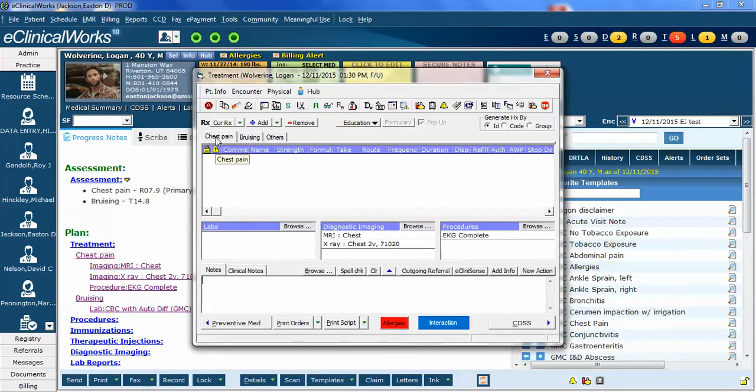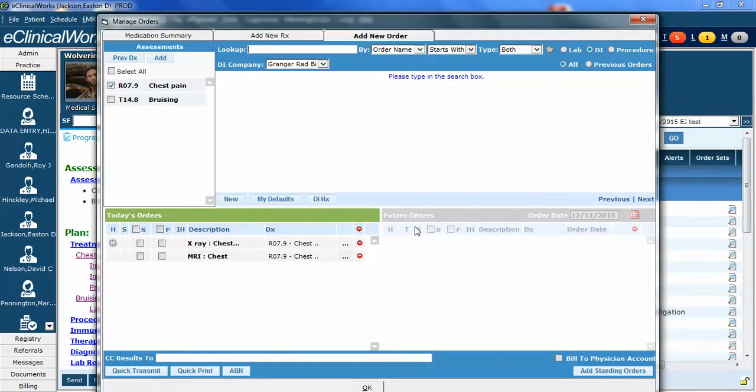I've ordered this. I'm on chest pain, and you can see that I've ordered an MRI of the chest and an X-ray of the chest. I chose this because X-rays are something that we do in-house, whereas MRIs are not. After I've ordered these, notice that they are both assigned to chest pain because that's the one that I had